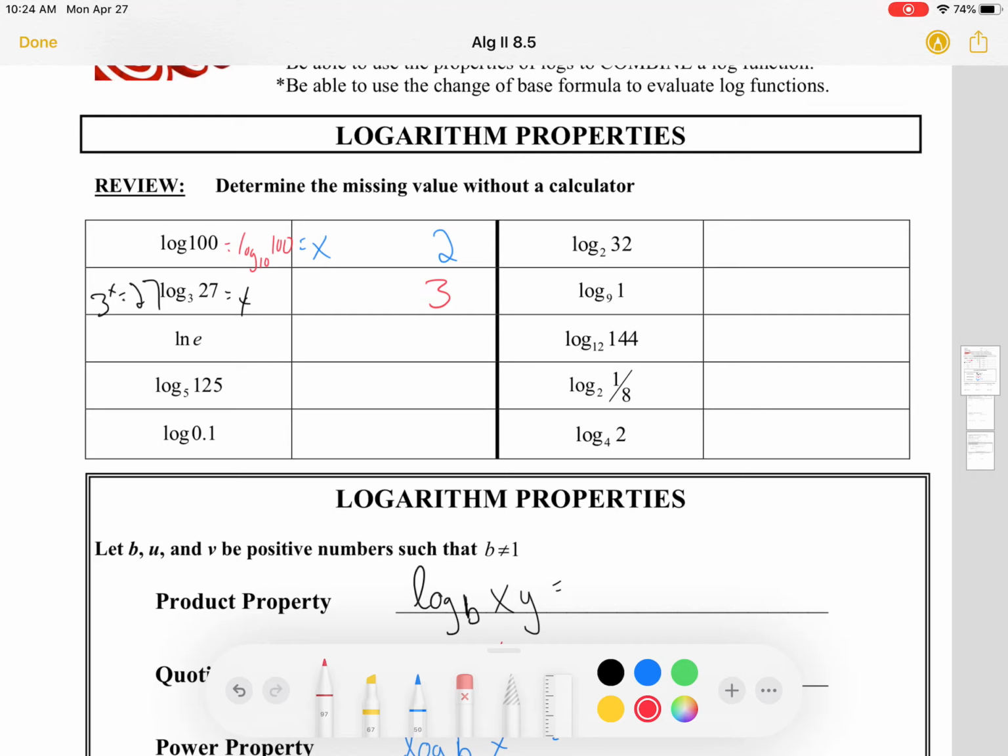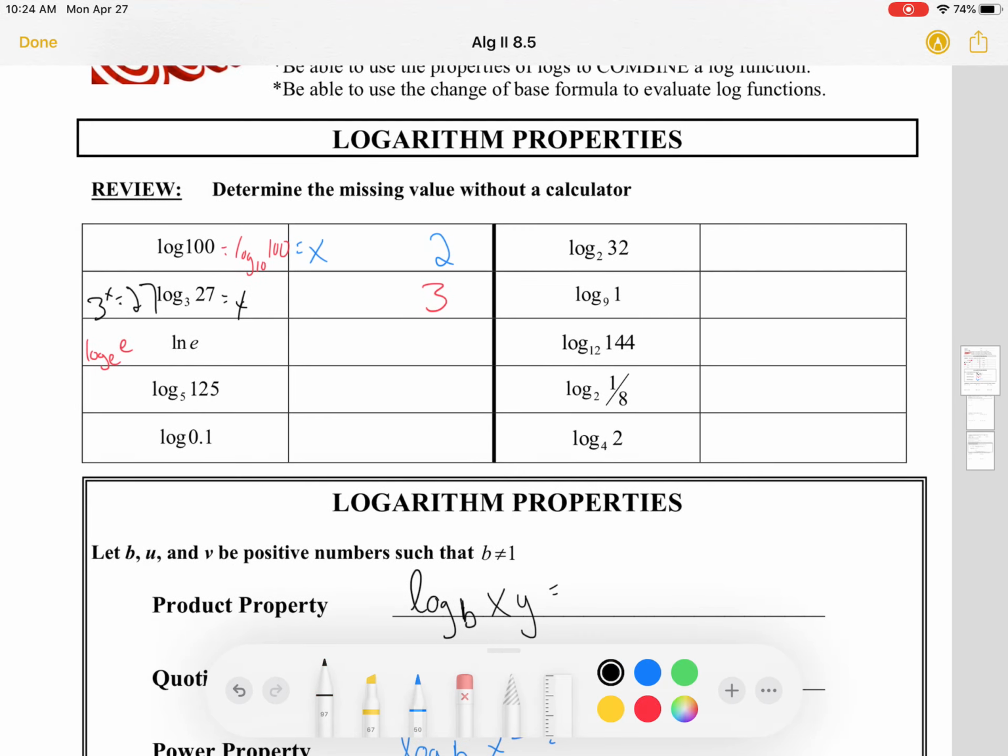Okay, next up we have ln of e. So ln, natural log, is the base e. So log base e of e, and we set it equal to x. So e to the x power,